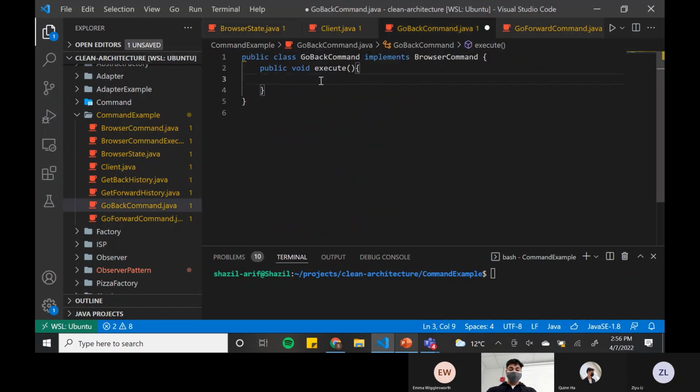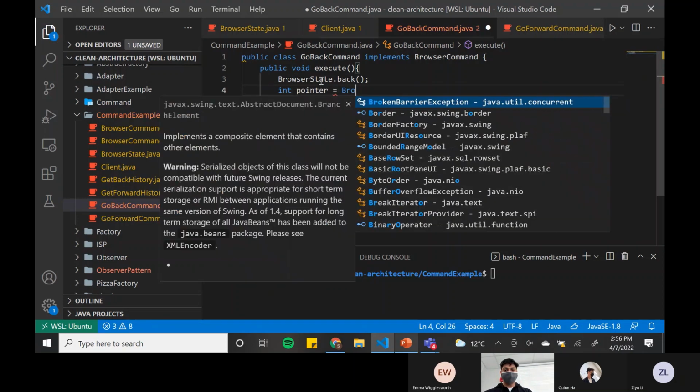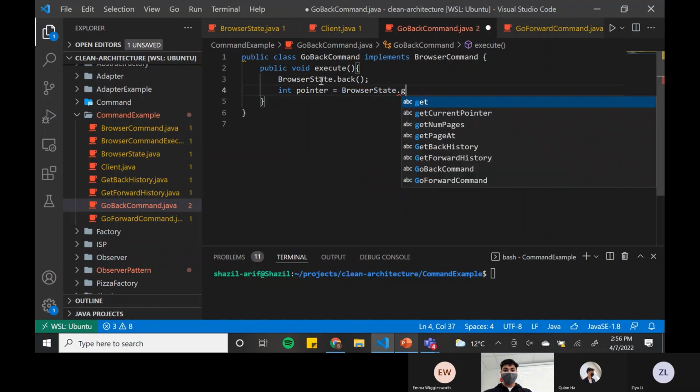So let's do browser state. And again, this is a static class, so we don't have to instantiate it. We have browser state dot back. That's going to update the pointer, and then we actually want that pointer. So we will do int pointer equals browser state dot get page at,